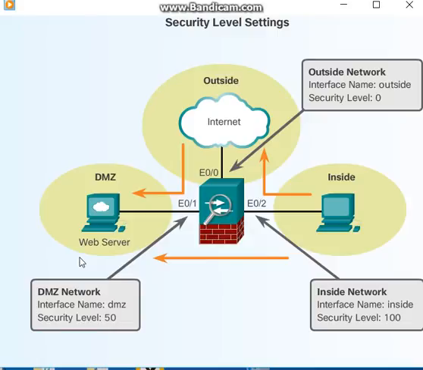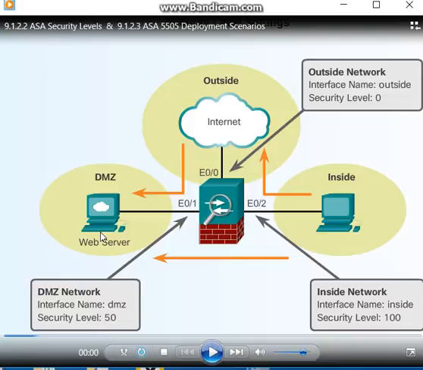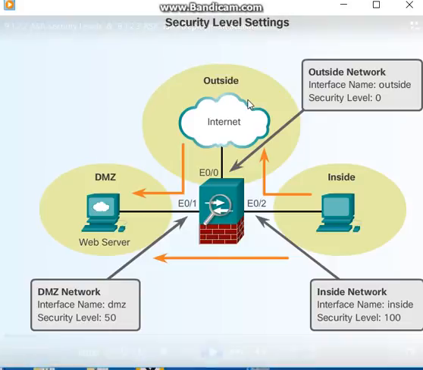For example, internal users on the inside interface can access resources on the DMZ freely. They can also initiate connections to the internet with no restriction and without the need for an additional policy or additional command. However, traffic that is sourced on the outside network and going into either the DMZ network or the inside network